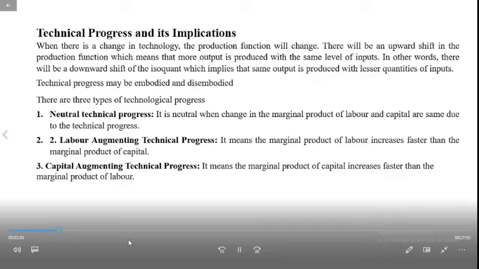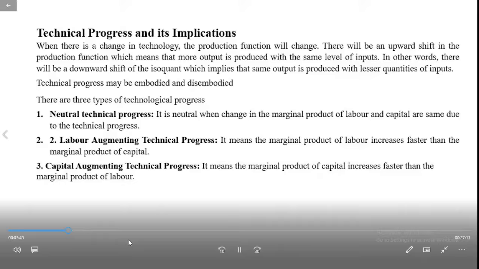But in the case of disembodied technical progress, what we are doing, that is investment neutral. That means we are not making any additional investment. But with the help of research, we are finding some ways to decrease the quantities of inputs or to decrease the cost of production by reducing the amount of labor and capital employed. So that is with the help of